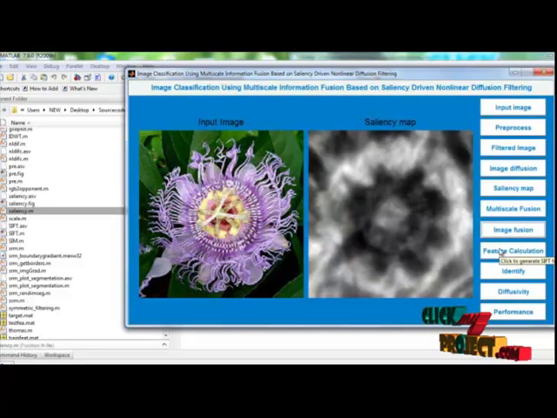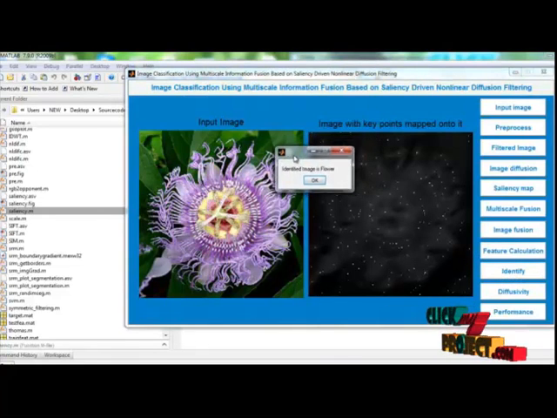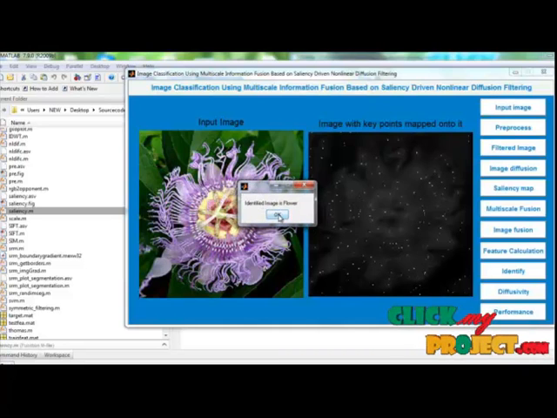Our next part is feature calculation. Here for feature calculation we have used SIFT, that is scale invariant feature transform. Here these are the key points. From these key points we have generated feature values. The next is identification. After clicking the identification button, we got the output as the identified image of a flower.